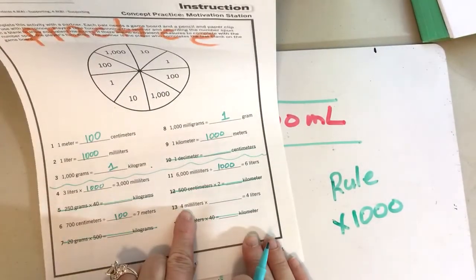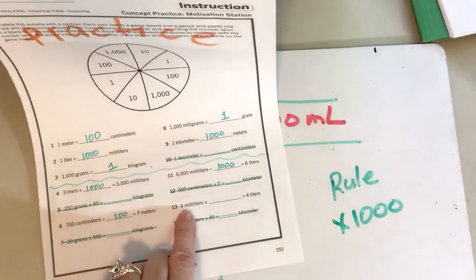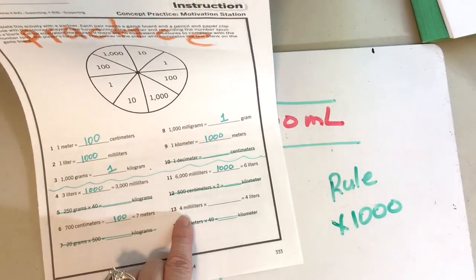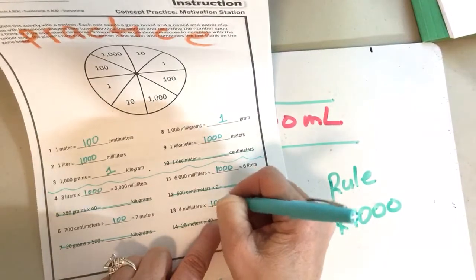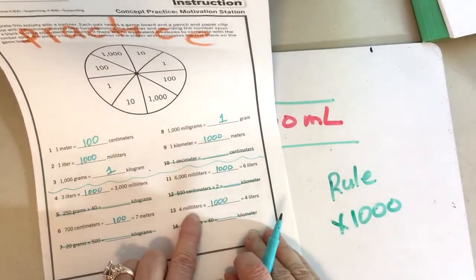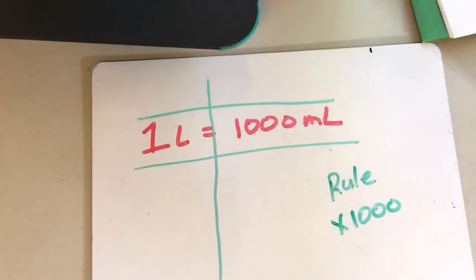Here, how would you get from 4 milliliters to 4 liters? Okay, from 4 milliliters to 4 liters. You would have to multiply it times 1,000, 4 milliliters. Okay? All right, so let's look at our actual assignment for today,